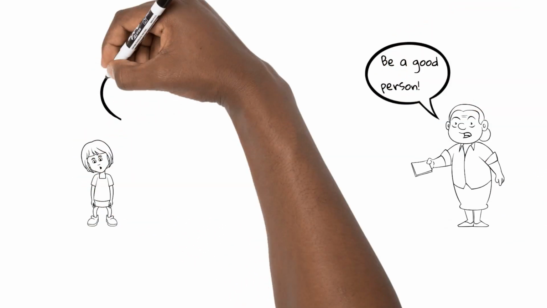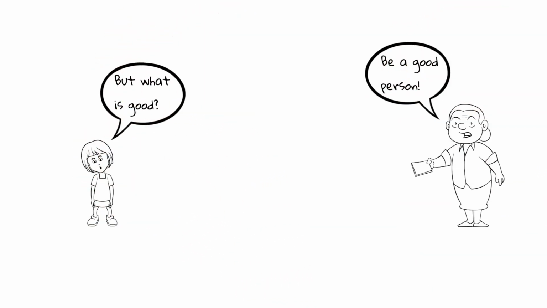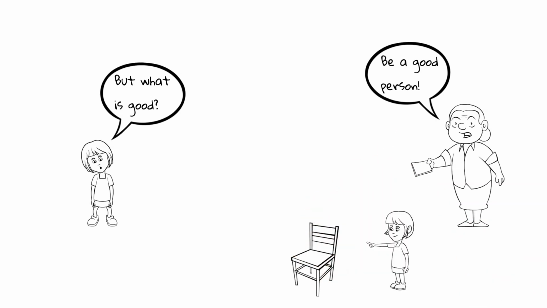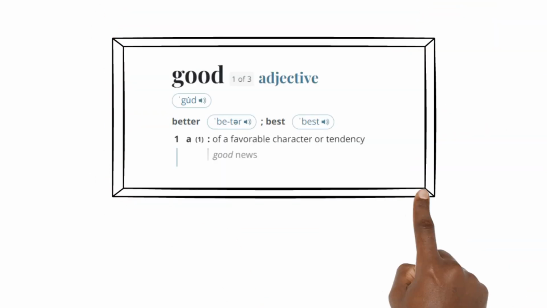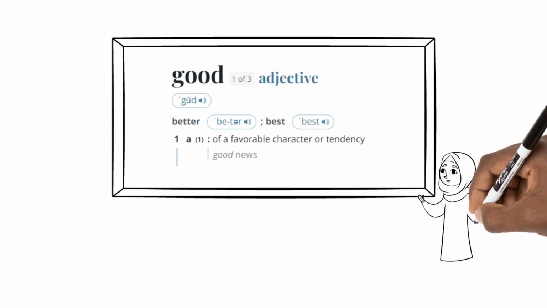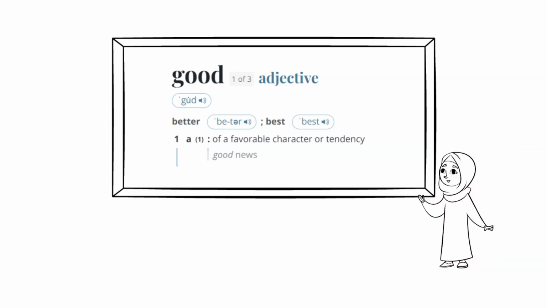Suppose somebody says, oh, you should be a good person. What is the meaning of the word good? Can we point to good just like you point to chair, the word chair? How do you come to know the meaning of good? So the simplest way is to go to the dictionary and open it and see what they say is the meaning of good. Teachers also might give you some meaning of the words.